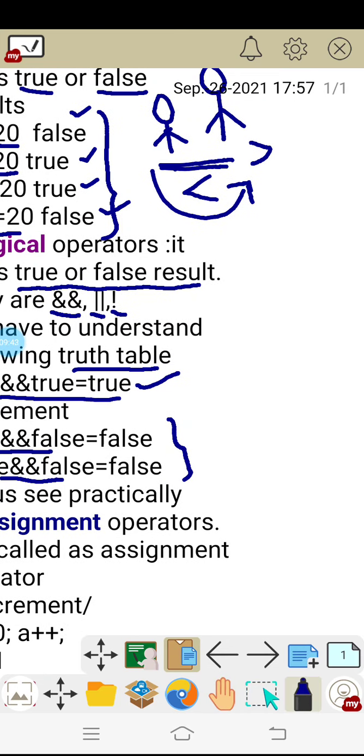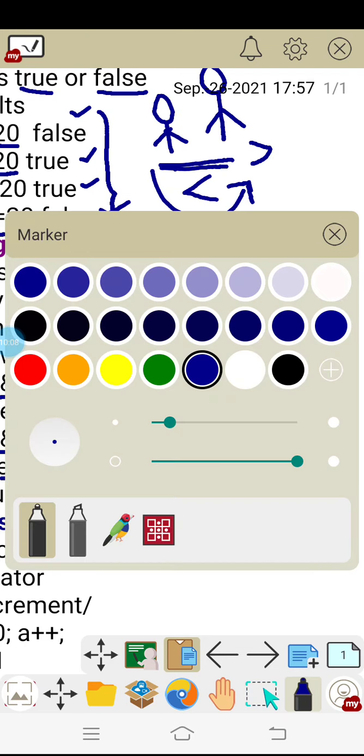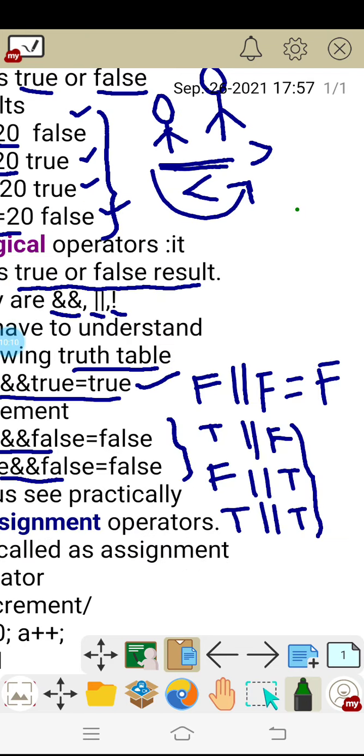Any other combination, true and false, false and false, the result is false. And one more thing that you need to remember is, for the OR operator, false or false is equal to false, and for the remaining combinations, it can be TF, it can be FT, or it can be TT, the result is the opposite. What is the opposite result to this false? That is true.